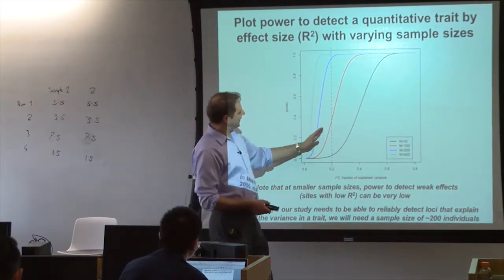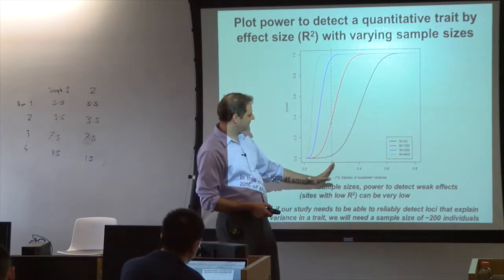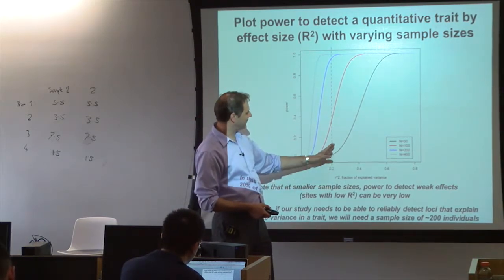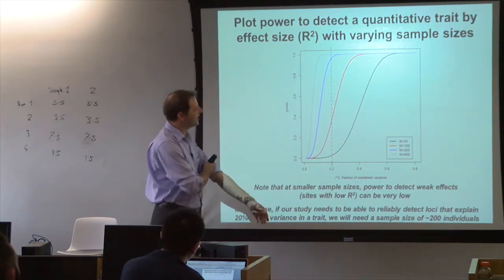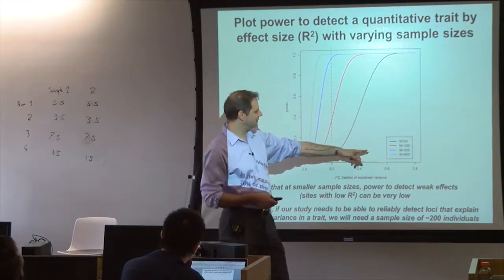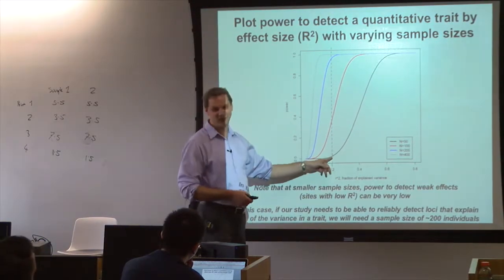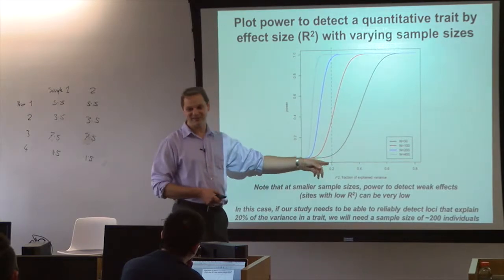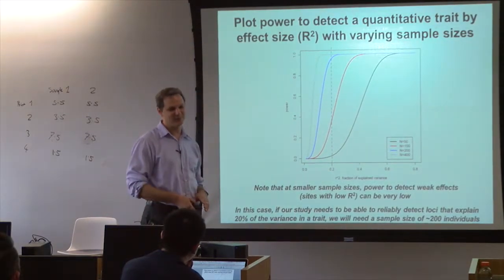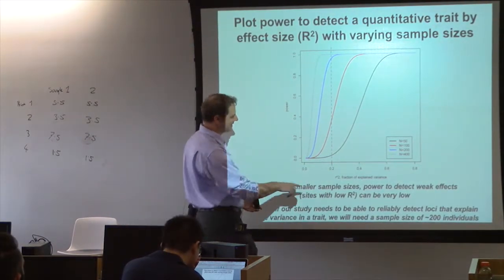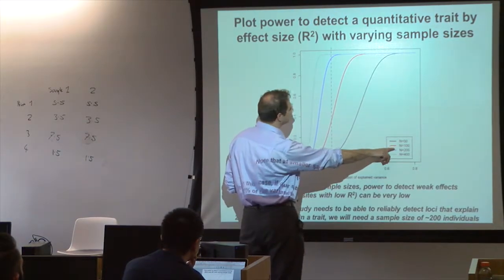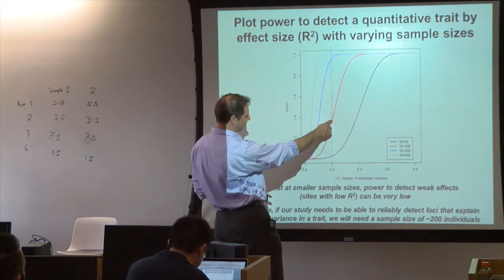And these curves are basically saying, okay, I'm trying to detect a variant that explains 20% of the variation in my trait. If I am only looking at 50 individuals, I'm straight out of luck. You're never going to see it. Even if it's there in your data, don't even bother doing the study because you're not going to find it. If I now double my sample size and go up to 100 people, I have about a 40% chance